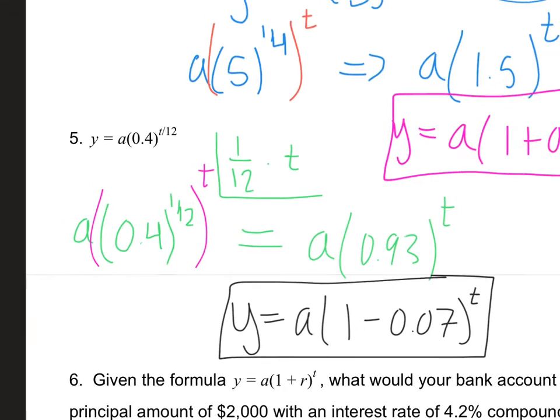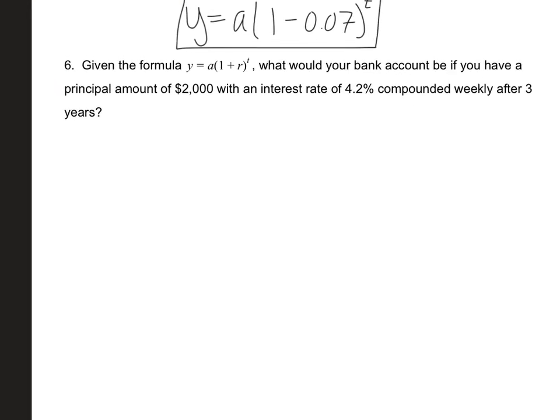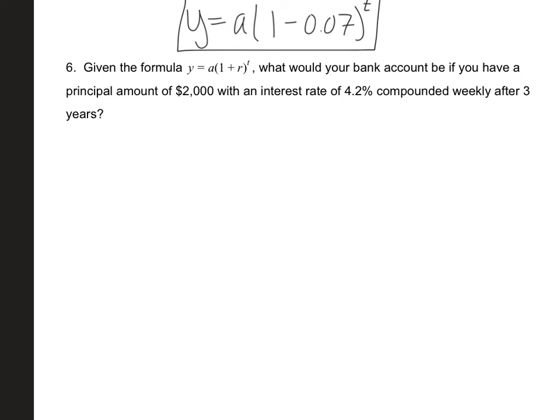Okay. Then finally, coming down here to number 6, given the formula y equals a times 1 plus r to the t, what would your bank account have if you have a principal amount of $2,000 with an interest rate of 4.2% compounded weekly for 3 years. Okay, so this is kind of where things get a little tricky. Yes, you're just plugging in a lot of times, but this compounded weekly is going to be a big thing, okay? And actually what we're going to do here is rewrite this